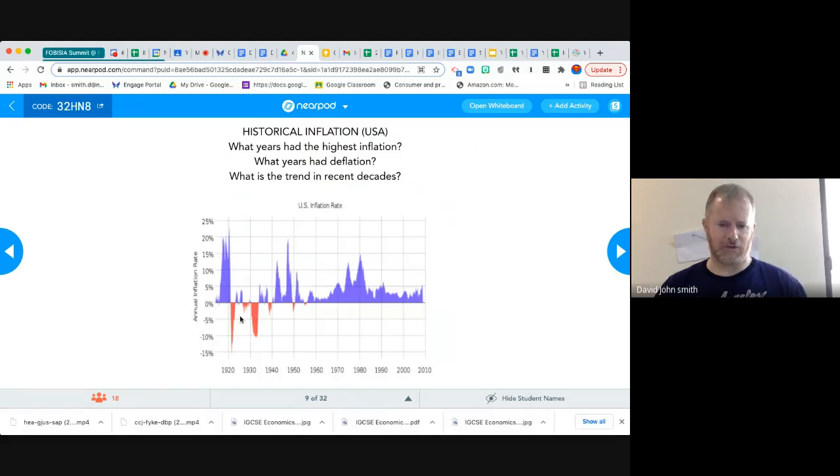Now, the government could have saved the world with regards to this, and they could have spent a whole lot of money and actually got themselves out of this, but they didn't. They decided to cut government spending at this time, thereby reducing aggregate demand. And so the effect was worse. It made the whole depression last years longer than it probably should have. And if you look then, what do we got here? 1939,